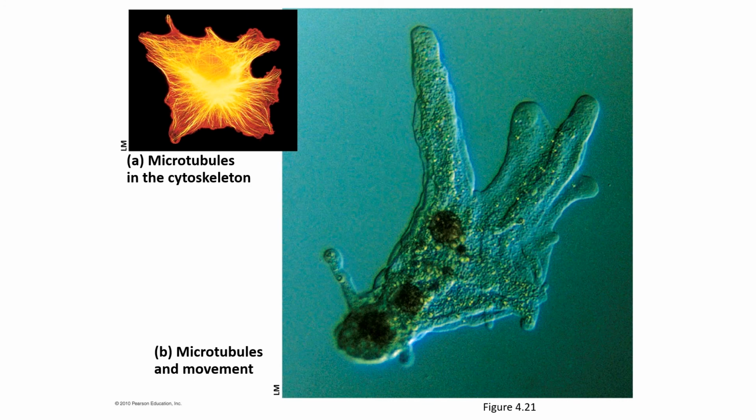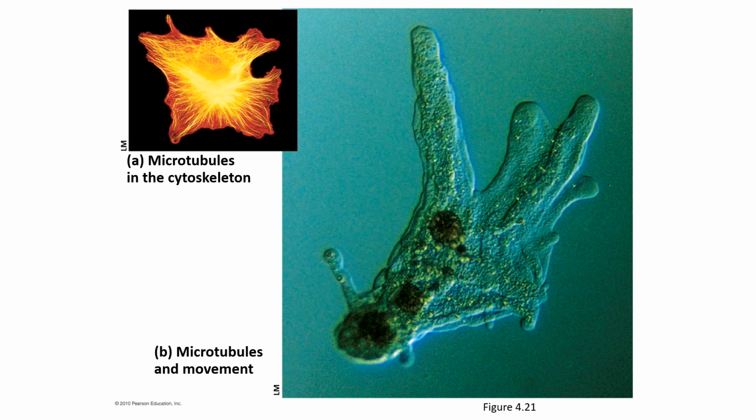Here are some examples of how the cytoskeleton and the microtubules will function in other types of organisms. So here we have what is called an amoeba. An amoeba is a type of organism. It's a single-celled organism. It is a eukaryote because it has a nucleus, and it's going to have all these different microtubules in its cytoskeleton that allow it to move around and basically send out these shoots so that it can move its body from one place to another, building out its microtubules in one direction